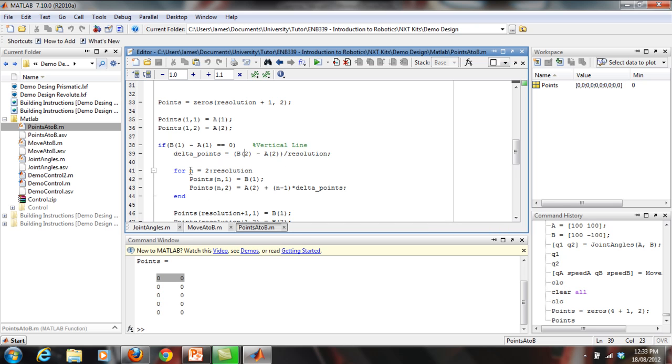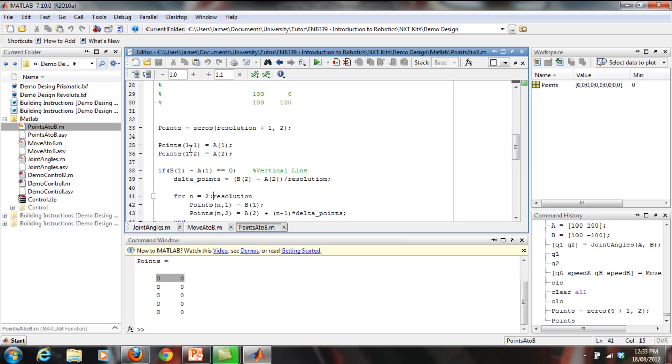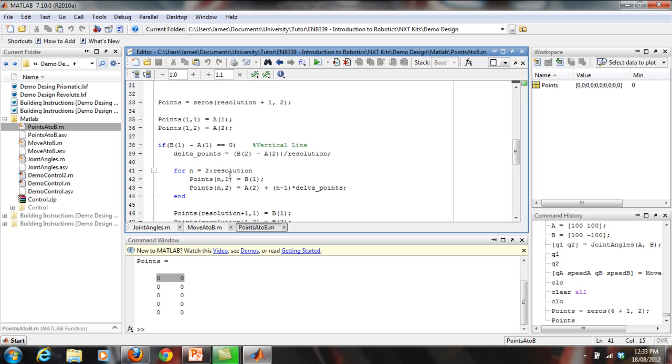And then I do a for loop, starting at 2. The reason I start at 2 is because I want to start filling from the second row and not the first row, up until our resolution, points n. Depending on the nth row, our first element, so the first column, or our x, is just going to be equal to b1, or a1 in this case, it doesn't matter, either one. And then we go points, our nth row and our second column, so our y in our nth point, is going to be a2, so we're starting down the bottom, plus n minus 1